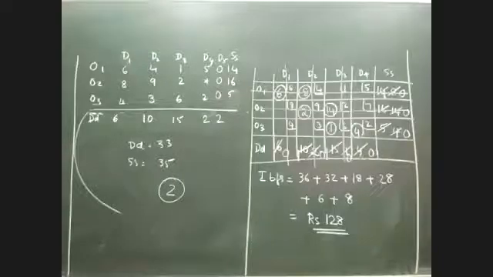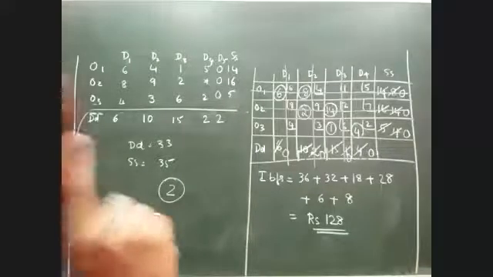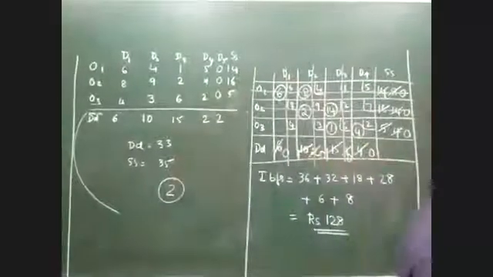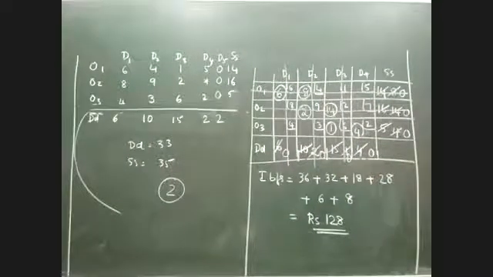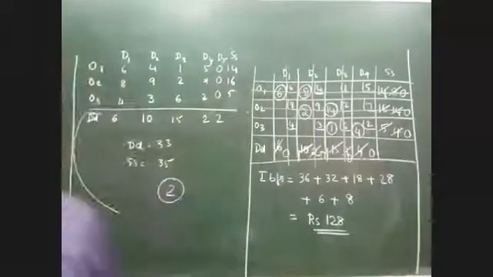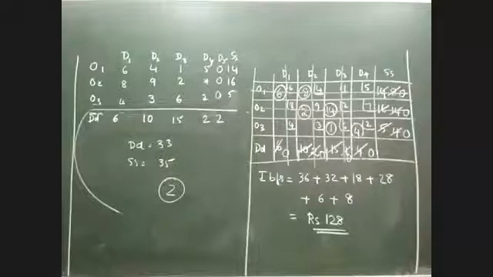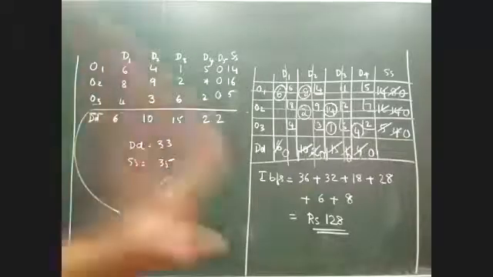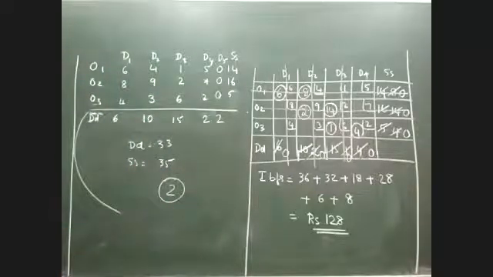As far as an unbalanced problem is concerned, there are only 2 possibilities. Either the demand could be a shortage or there could be a shortage in supply. Either it can be a shortage in a row or a shortage in a column. Only by adding that extra shortage value, it has to be balanced. Once the problem becomes balanced, exactly the same procedure is applied to solve the problem. Absolutely no other changes. This is the only extra step we do in an unbalanced problem. I hope now you have understood how to convert unbalanced to balanced.